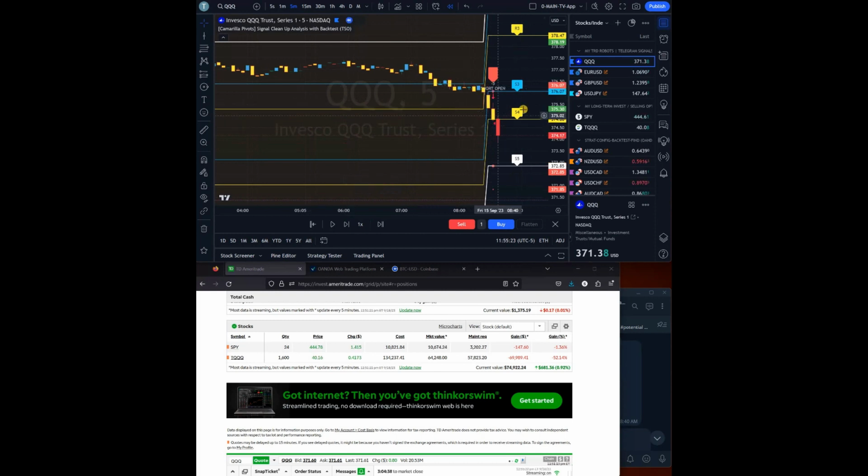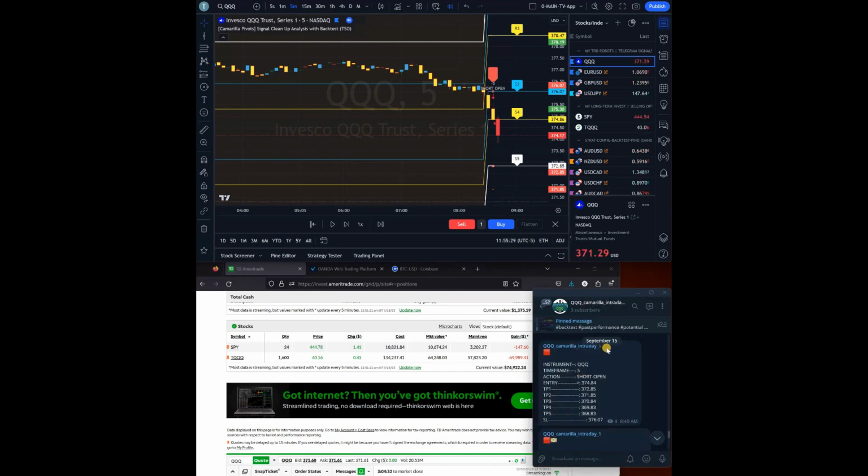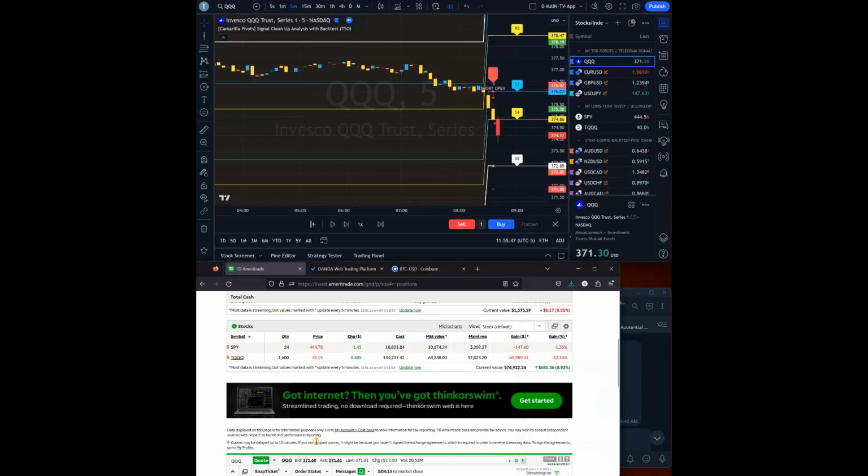There's our short signal, and of course you would receive an alert. Let's see how it looks in Telegram. I actually found, since this has already happened while my Telegram channels were running, you could see it right here. This is a short signal. This is what you would see. Short open, short open. We're gonna do five